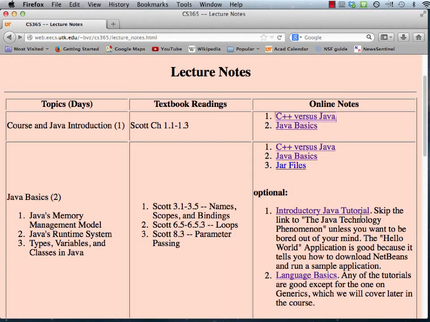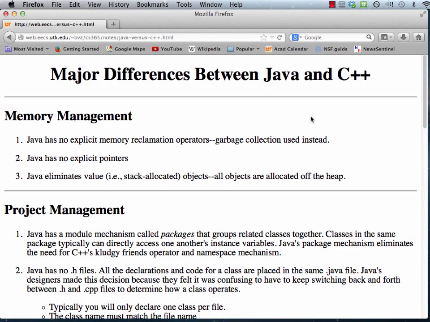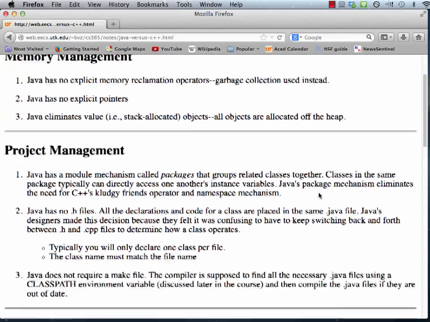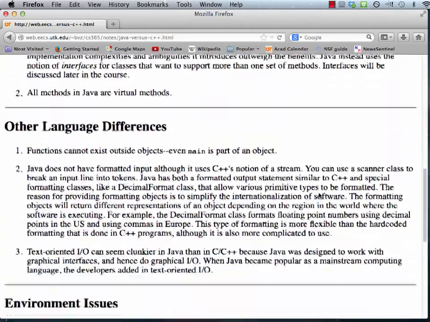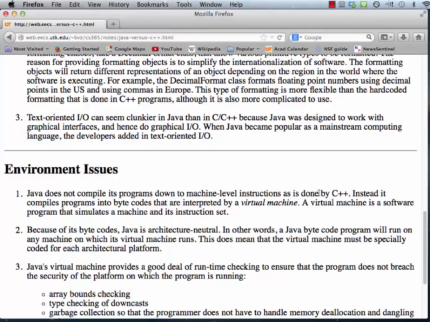In this video, we're going to talk about the differences between C++ and Java. Basically, it's just going to be an overview of the main differences. And in the notes, the link you should follow is this one, C++ versus Java. So the major differences between Java and C++ include memory management, project management, inheritance, some other language differences, and environment